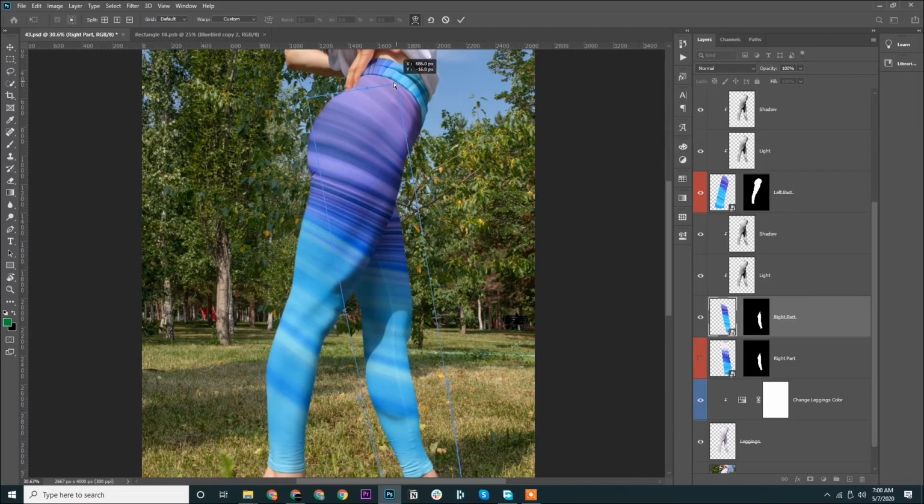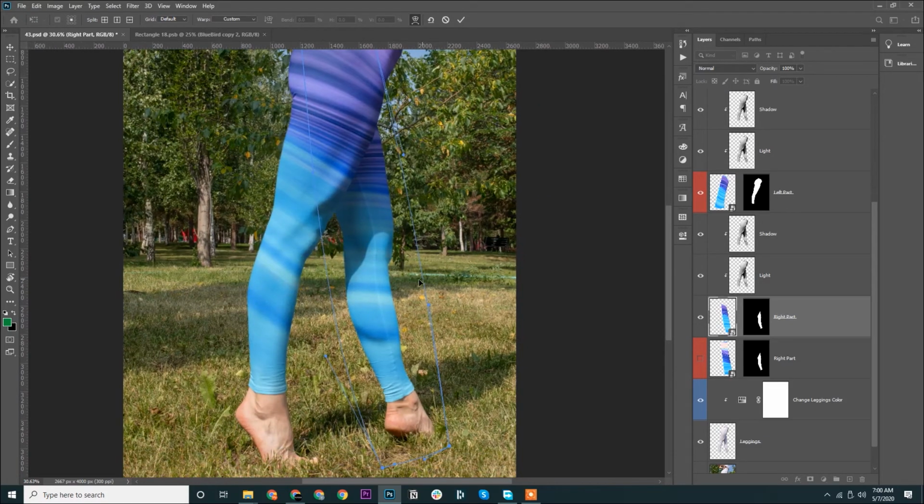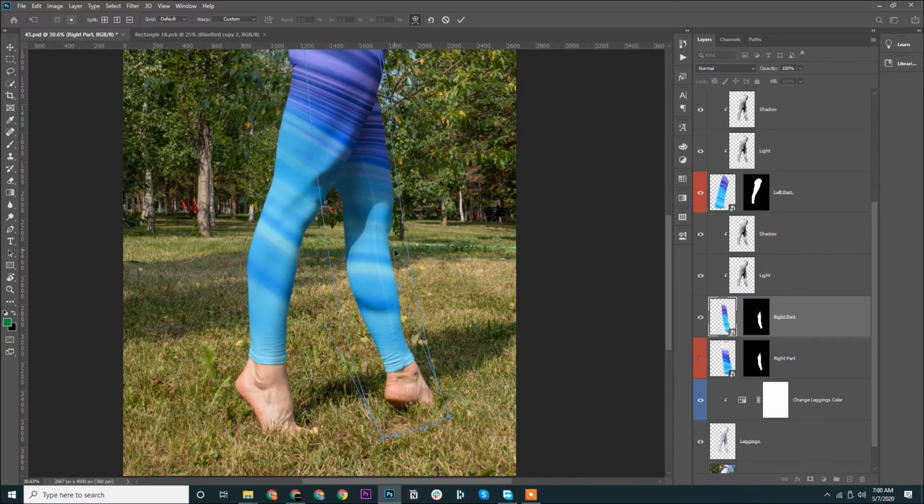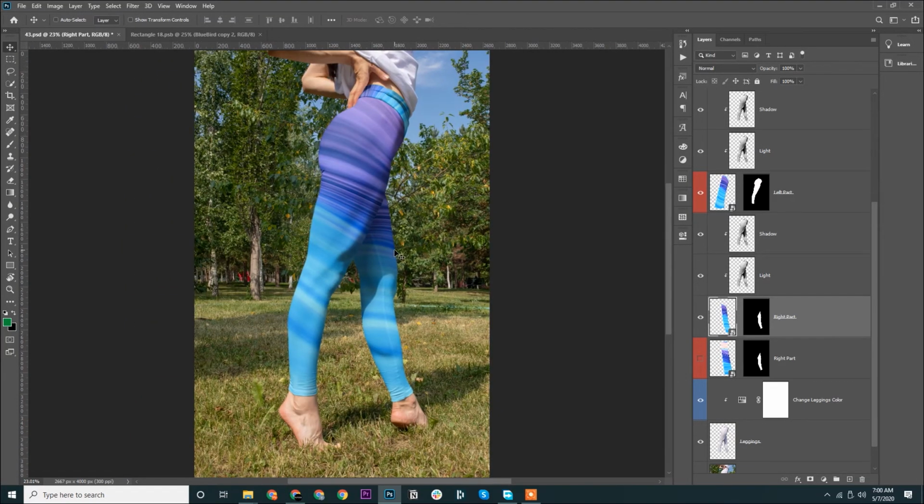It's not exact, but I think it will give the results. Okay, I think this one would work. I'm not quite sure about the right leg, but I'll make sure that it works.